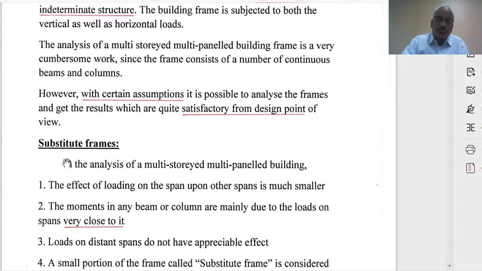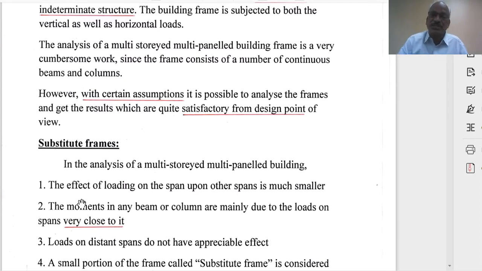Now substitute frames. Now a substitute frame is a frame consisting of the beams at that floor level. If you want to analyze a particular story or particular floor, the floor slab and beam of that floor, with columns above and columns below, that is called a substitute frame. We are going to discuss it subsequently. Right. Now, before discussing the definition of substitute frame,